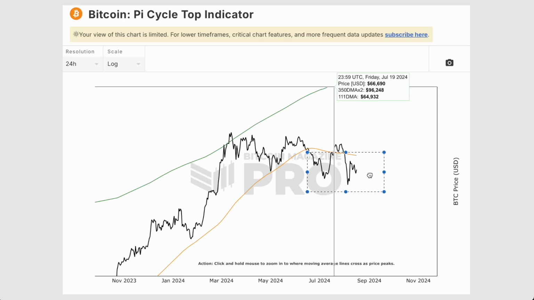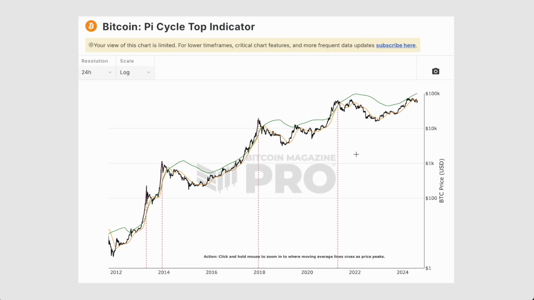And once this bargain buying territory is over, then we'll start seeing price rally towards the upside, and that's going to pull this moving average to the upside with it. We're going to start seeing flicking up, and then we'll have an understanding and a framework as to when a potential bull market crossover, or at least a bearish crossover, will occur to mark the end of a bull market. And of course, we are still in the halving year, so still lots to enjoy in terms of this moving average going to the upside, and also price action going to the upside.